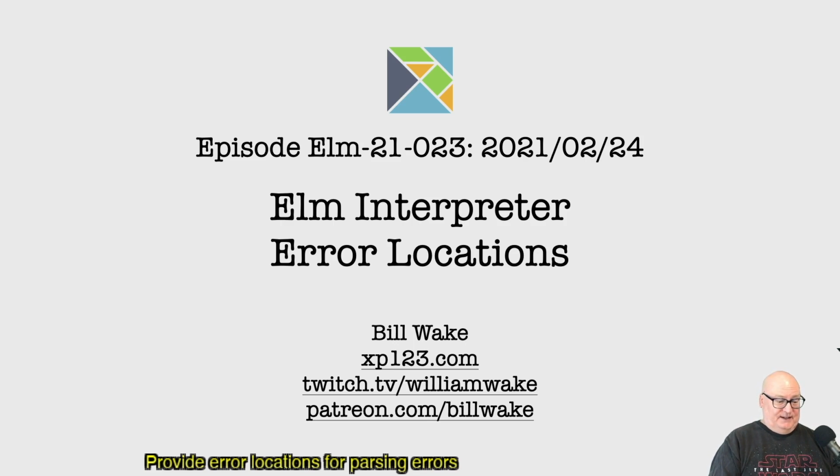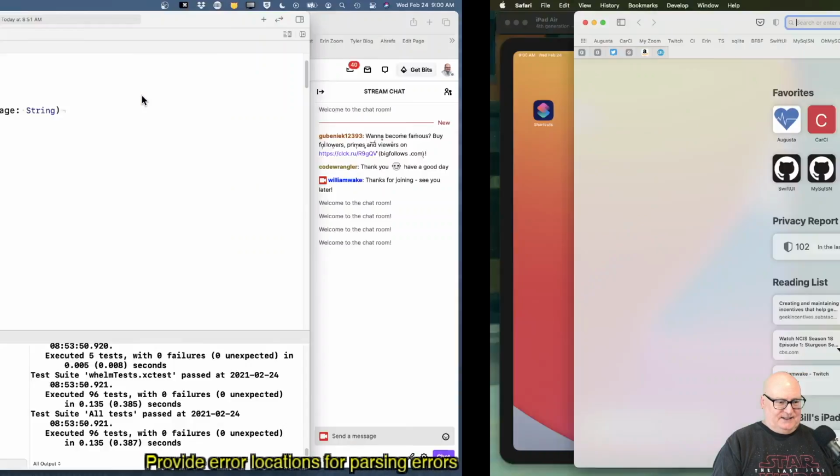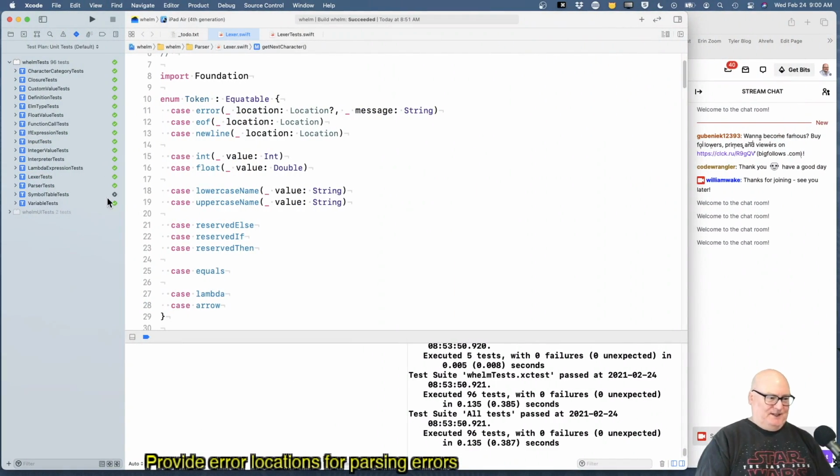Okay. Let's go to our IDE. Okay, I did run tests. Everything's green. And we were in this process yesterday that we started off with just the error knowing the location, but we've realized it would be nice if every token could tell you the location. Now,